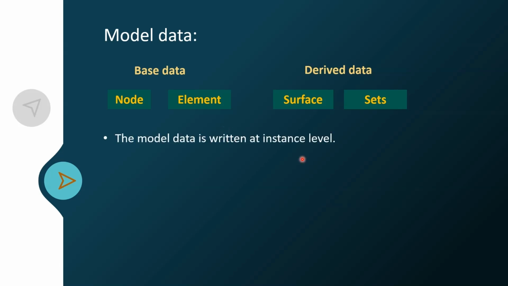Okay, so some may get confused about what an instance is, because when we talked about Abaqus, it says that we have parts, instances, and assembly. Sometimes we get confused by all these three things. So let's understand this using one example. Let's understand the hierarchy, because this will be important when we create the ODB.